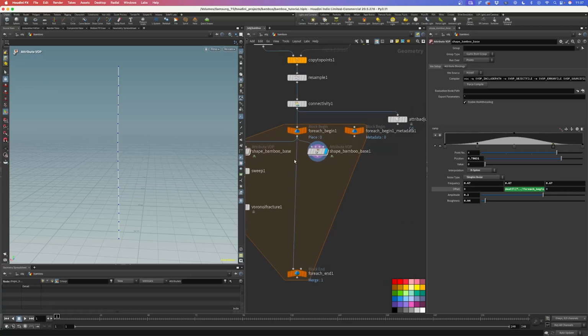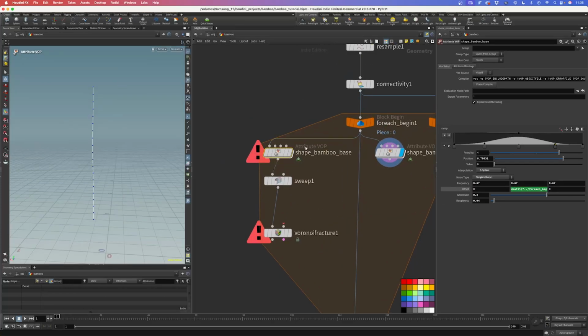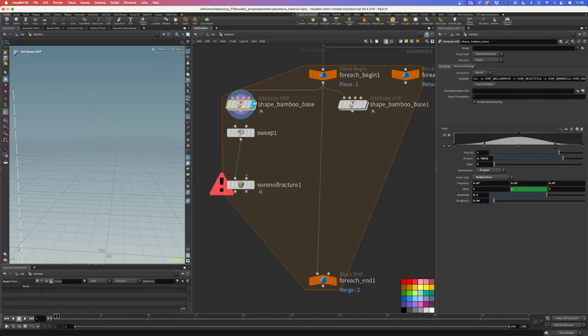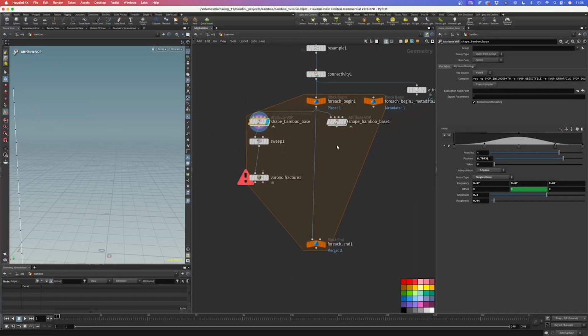So we have here our metadata 1, and somewhere I misspelled, of course, detail, like this. So now if I click here, we are in iteration 0. If I put this to 1, now we are in iteration 1. Like this, each of our bamboo stalks will have a different kind of noise going through it